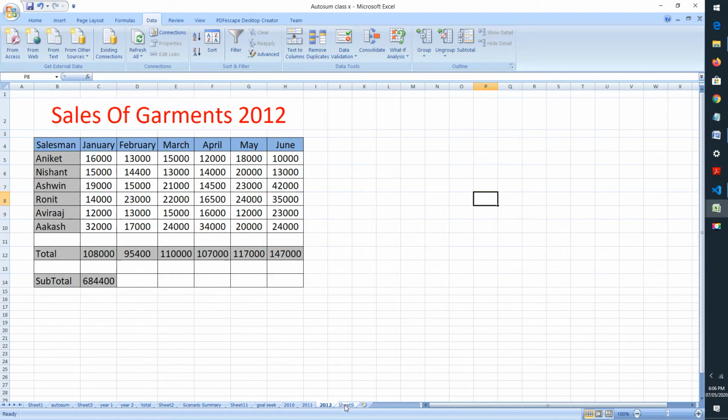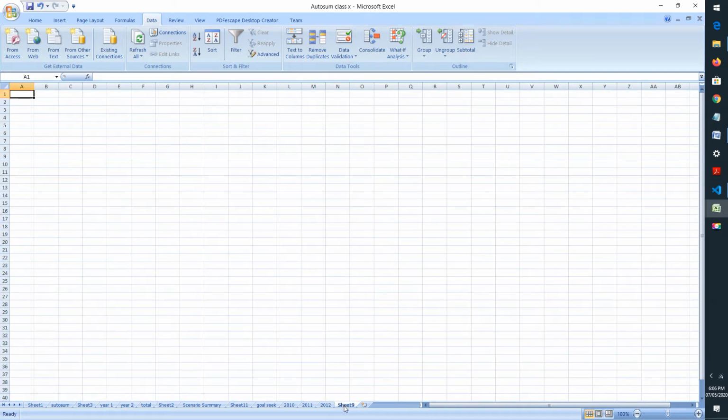So, here what we will do now, we will click on another sheet. I will first rename this sheet, just see at the bottom, and make it sales 2010 plus 2011. So, now in this sheet I will take the data from 2010 as well as the data from 2011. Now, see how we can consolidate this data.